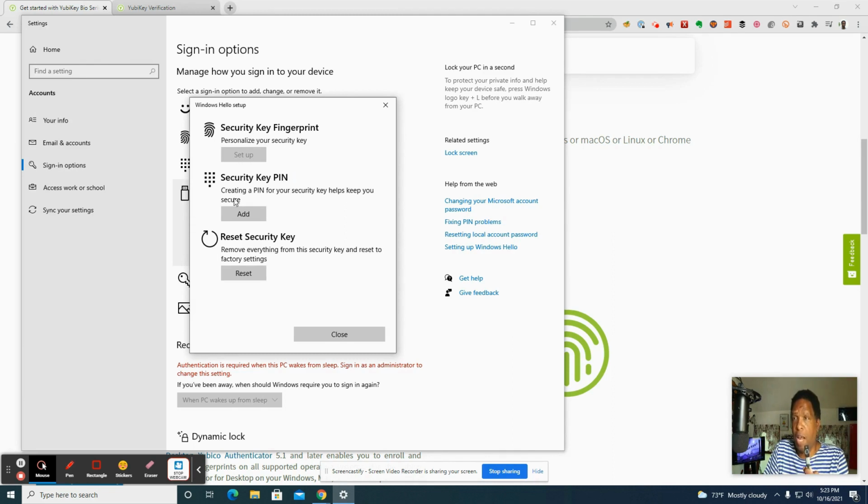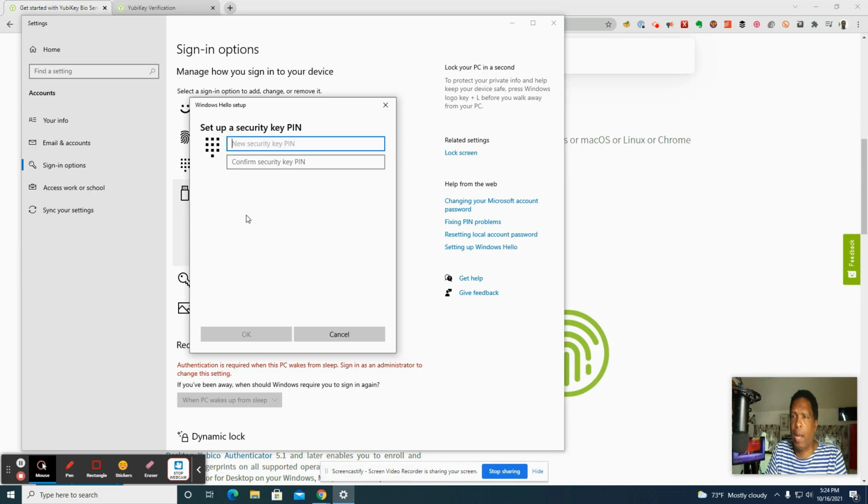And now it says, add fingerprint. So we have fingerprint set up, security key, reset security key, which basically blows everything away and lets you start again if you were giving it to somebody else or what have you. But you'll notice I can't do setup security. I can't add a fingerprint. Why is that? Because they want to make sure you don't lock yourself out of this. I mean, you do something with this and then you can't get in. So it's asking us to add a PIN first, and then we can add the fingerprint.